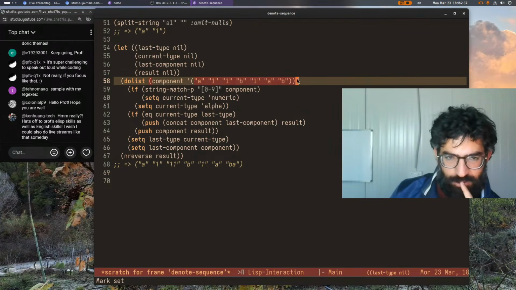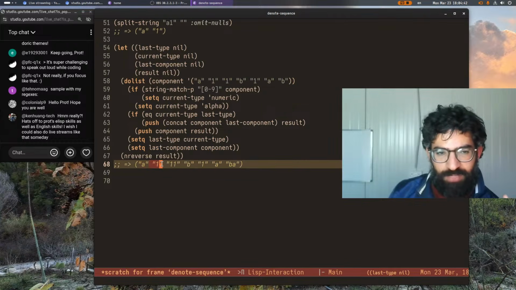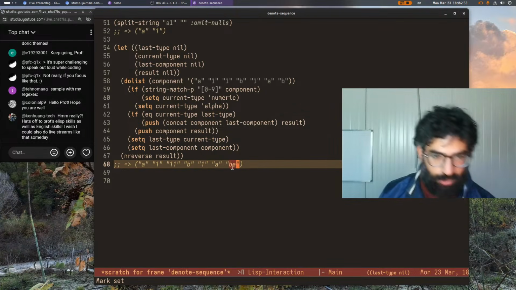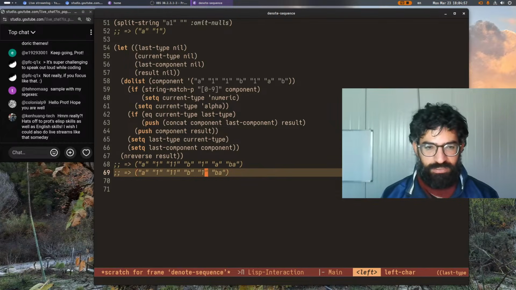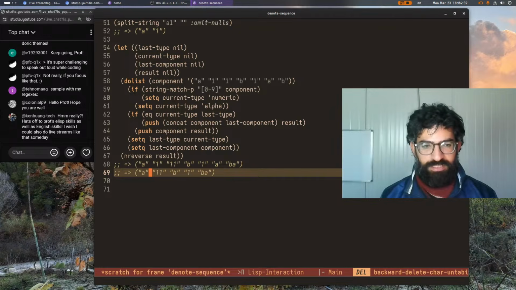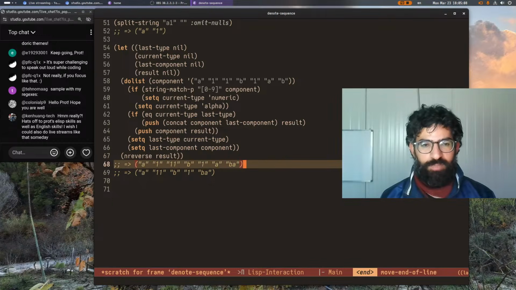Given this, of course it's not right because we have A, then we have 1, then we have 11, whereas we should just have 11. Then we have B, that's right. Then we have 1. Then we have A, which is wrong. And then we have BA. So for this to be correct, we have to have this. This is what we are working towards. If we get this, then it is looking right to me. We got this now, which is wrong. And this is wrong because